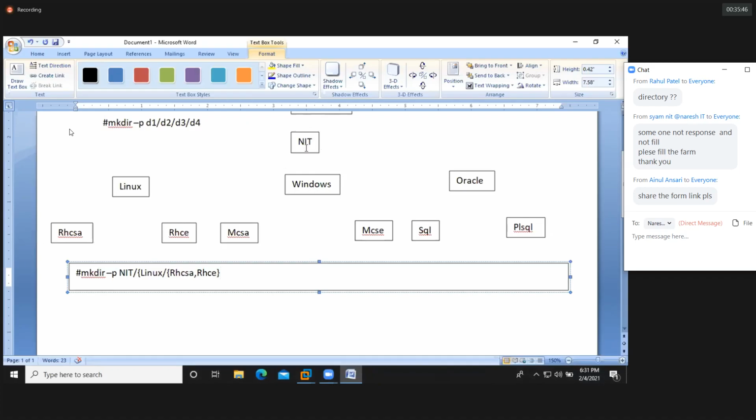Now I need to create one more directory inside the NIT. Because of that reason, I opened these curly brackets. That means it's inside the NIT itself. So parent directory, Windows.